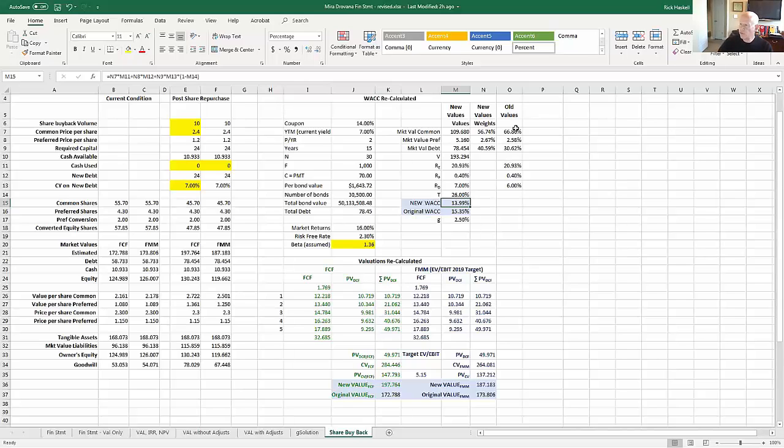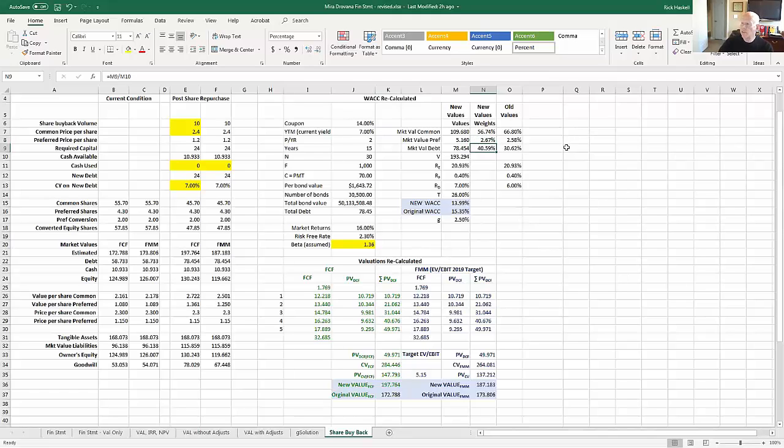Look at what's going on with the weights over here. We had values of 66.8% for common, but once we repriced the common to 2.4 instead of 2.3, now we've got weights of 56.74% for common. We didn't reprice, well, I guess we did reprice the preferred shares and went from 2.6 or 2.58% before the repricing and before the buyback to 2.67%. So this is just adjusting the proportional amount of the firm's capital components that are held in common stock versus those held in preferred stock versus those in debt.